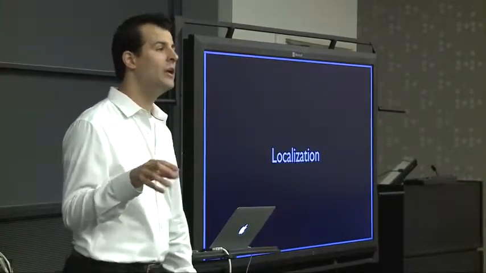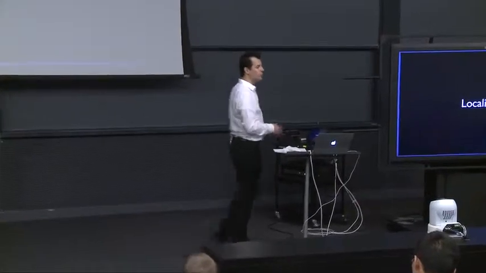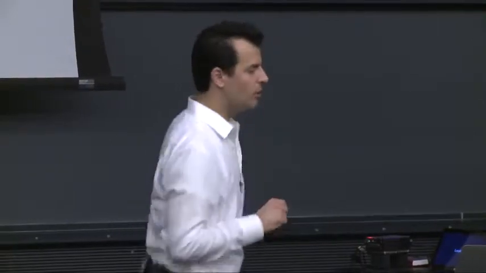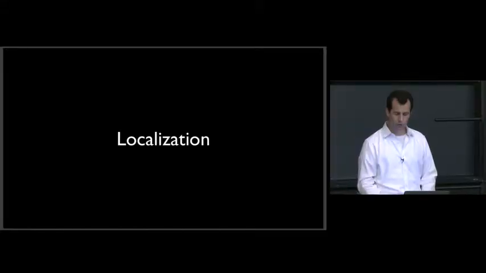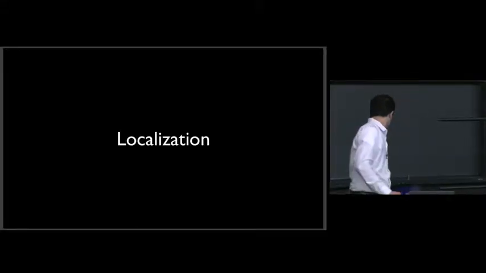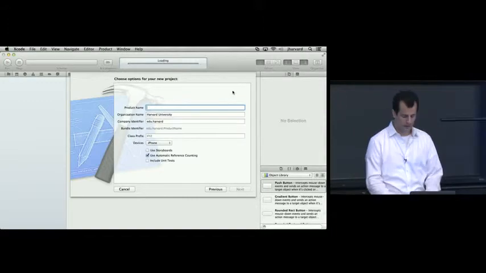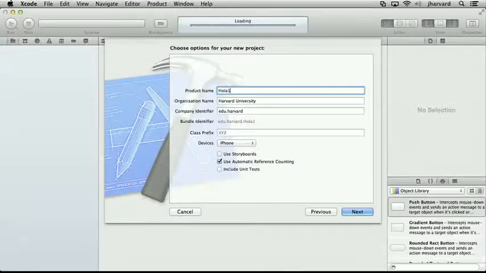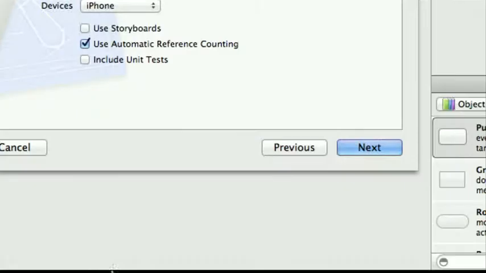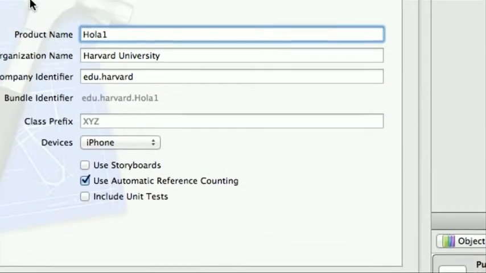plist file for me. So in fact, you've seen a few different things. We'll use a file that typically ends in .strings, but it's the same exact idea. And it's even simpler than a plist in that we just write things in the form of text, no XML whatsoever. So let's go ahead and do an example here. Let me open up Xcode, create a new project with just a single view. Let me then proceed to name this, let's say, Hola1. I'll bias things toward English and Spanish for now. I'm going to go ahead and leave automatic reference counting checked. I'm going to leave everything else